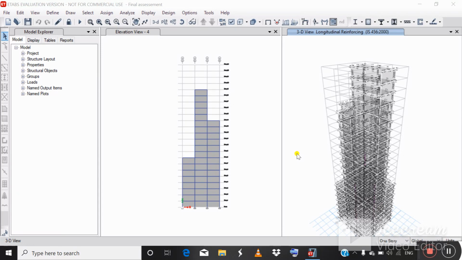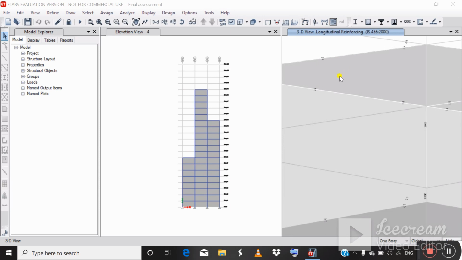A few moments later, after completing the design process, here we can see our reinforcement detailing.